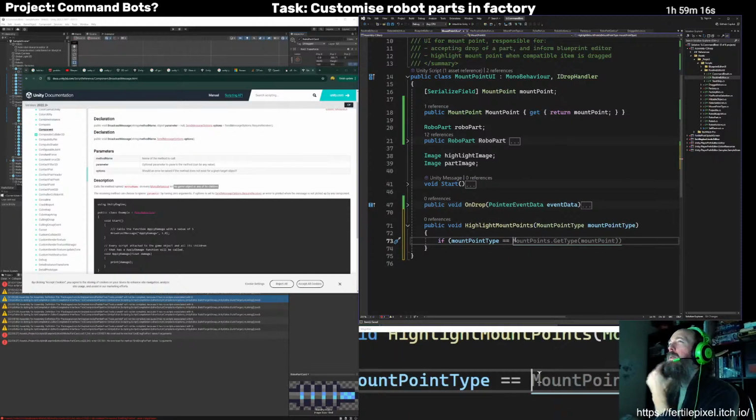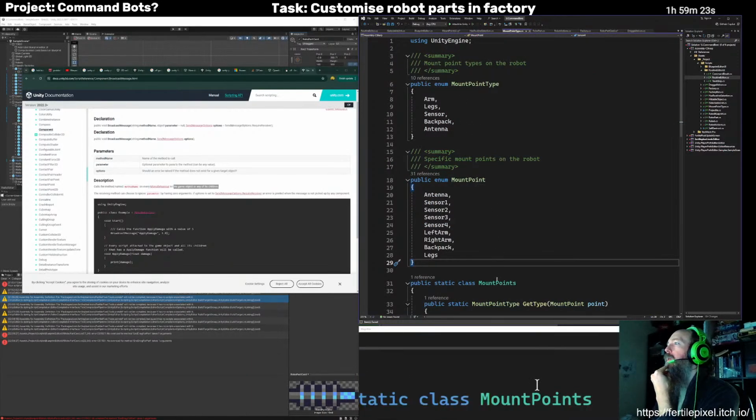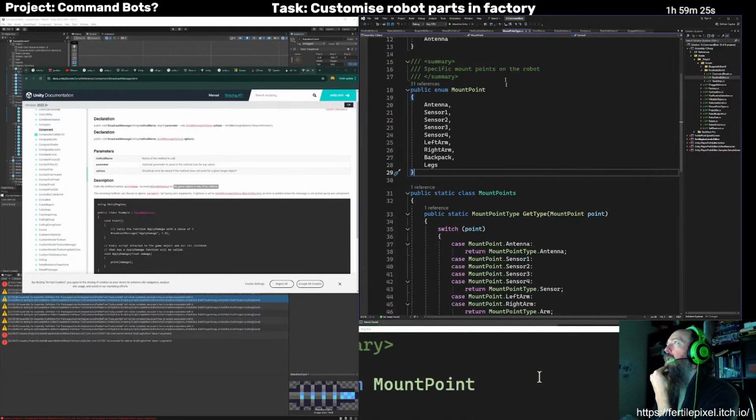Was I using something to look up the appropriate type? Hang on. Mount point type, mount point, and mount points.get type. That's what I want.